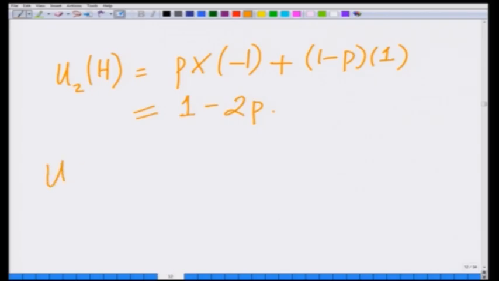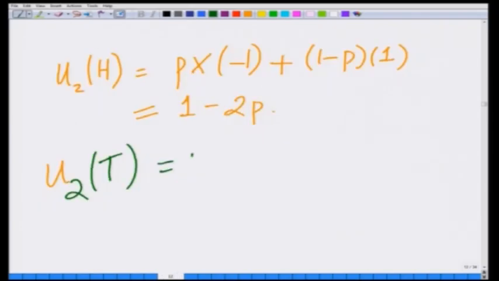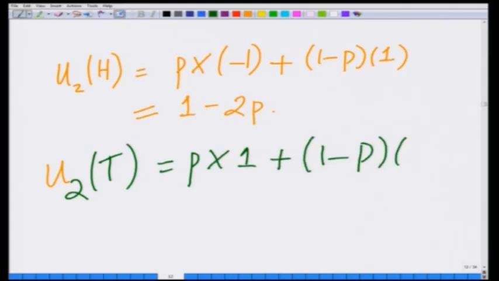Similarly, on the other hand, if player 2 is always choosing tails, then fraction p of the time, when P1 is choosing heads, his payoff is 1. Fraction 1 minus p of the time his payoff is minus 1. Therefore, the average payoff this time is p times 1 plus 1 minus p times minus 1,